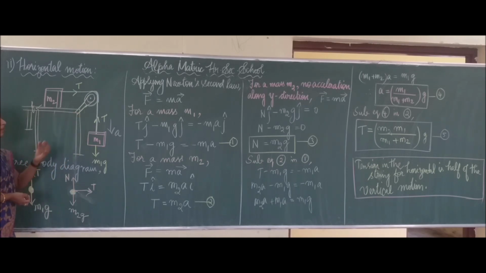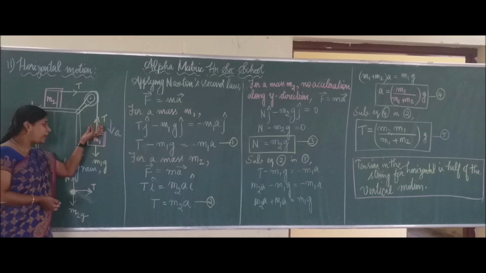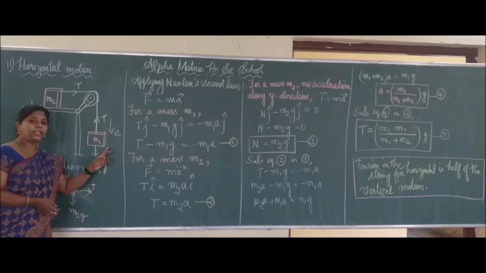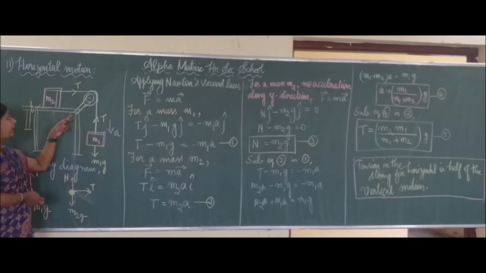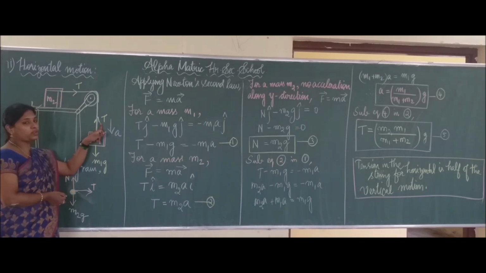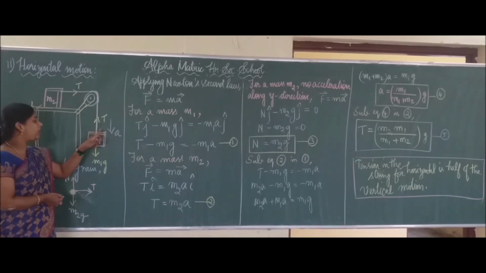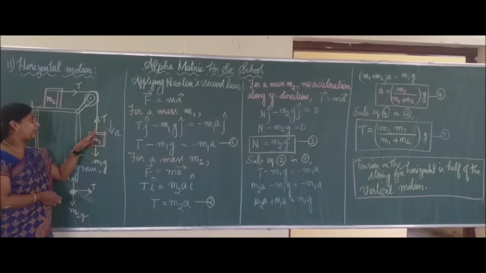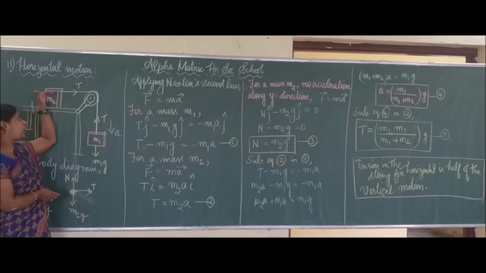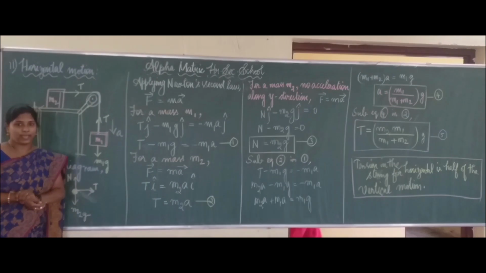So once you give force to the block of mass m1, m2 is automatically made to move. When the block of mass m1 moves downward, there is an acceleration acting along the negative y direction. At the same time, the block of mass m2 moves in the positive x direction. So there will be a tension acting along the string. For block m1, the tension acts along the string in the upward direction. For mass m2, the tension acts along the string in the positive x direction.